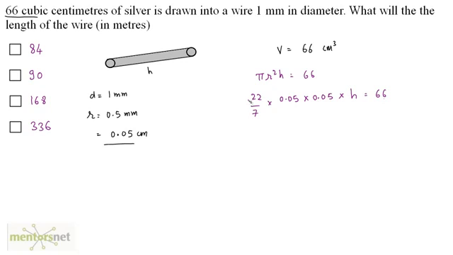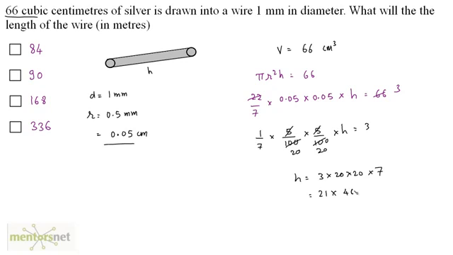Now 22 times 3 is 66. So we have 1 by 7 times 0.05, which can be written as 5 upon 100, times again 5 upon 100, times h is equal to 3. So 5 times 20 is 100, here also 5 times 20 is 100. So h is equal to 3 times 20 times 20 times 7. Right, so 3 times 7 is 21, into 20 times 20 is 400, and 21 times 400 is